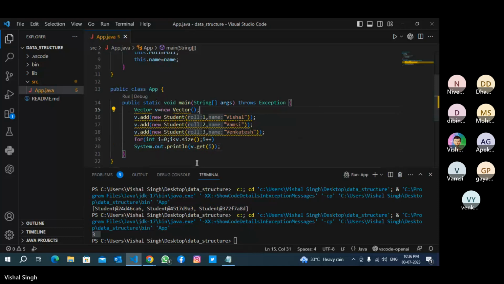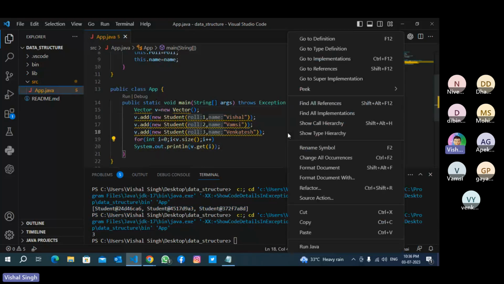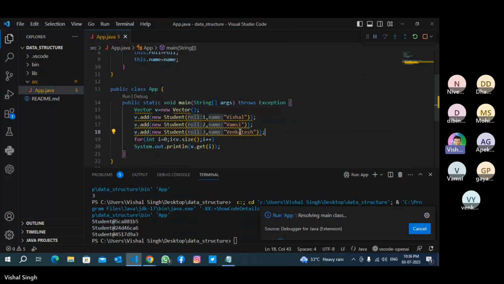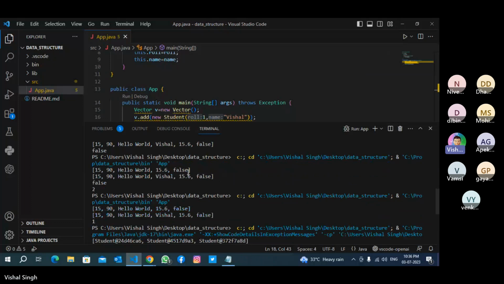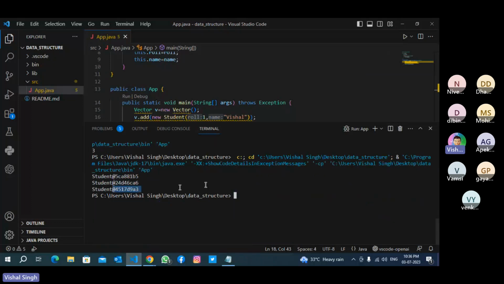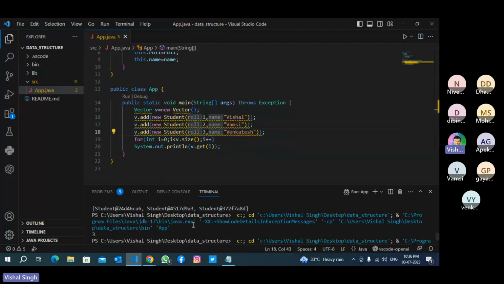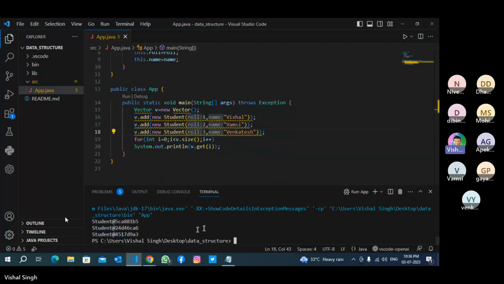See, like it will again print this, i 0, v.get(0), get(1), get(2). See, the same address, like right now it will create a new memory address. But we don't want data like this. We want data like 1 Vishal, 2 Vamsi, 3 Venkatesh. So what do we have to do here?